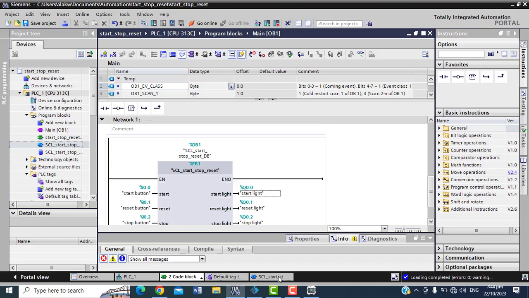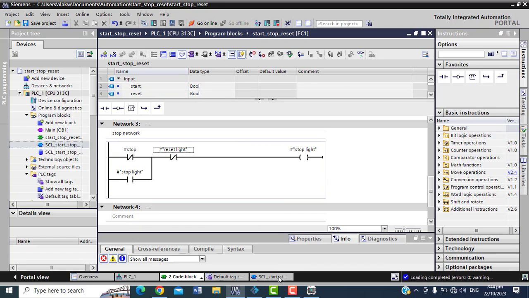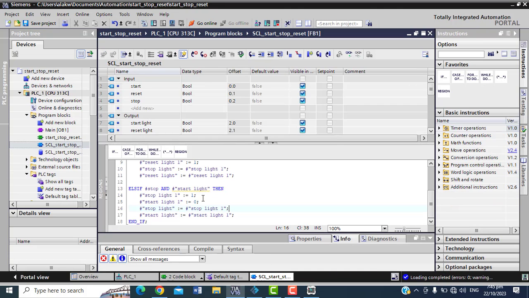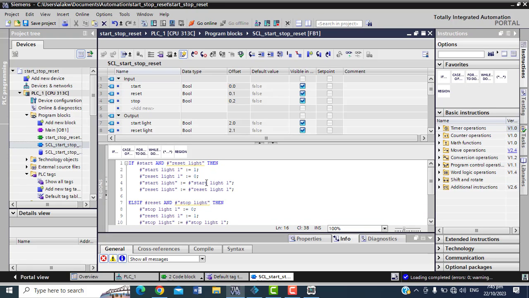Okay, no. Now the function, the SCL now, one click. Okay, they give me an error here, right? They give me an error here. They give me an error there, and for all these other places.